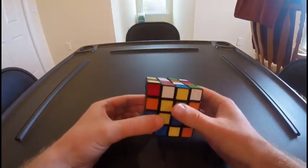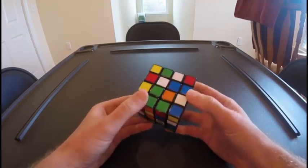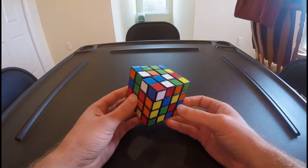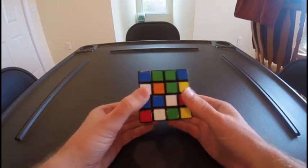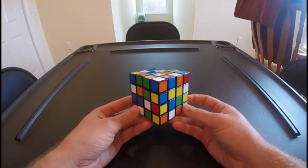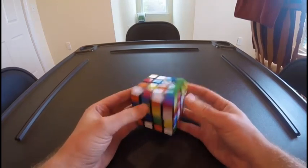Okay, so today we're going to be doing the 4x4. Now, this one's pretty intimidating looking, especially for somebody who's new to cubing, but if you know how to do the 3x3, it's not too terribly difficult. There are some things that will happen with the 4x4 from time to time that won't happen with the 3x3, but I'm going to try to go over all those situations here today, and I'm going to be using a